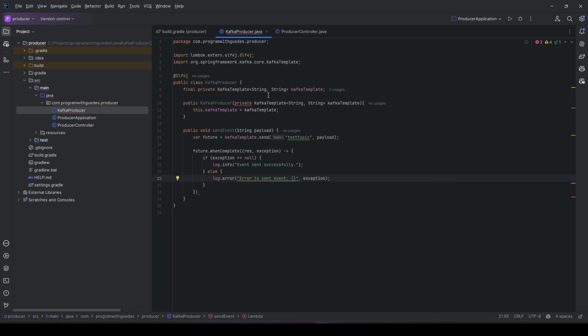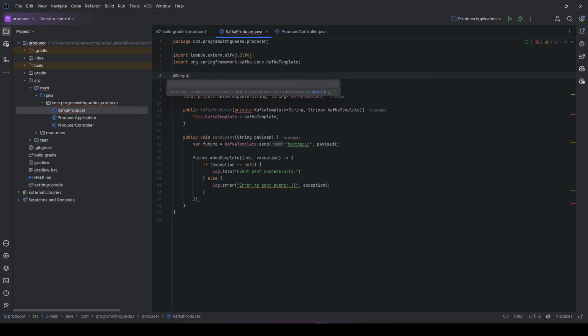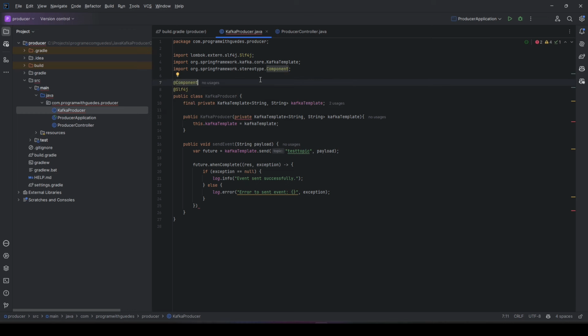We also set our KafkaProducer class with the Component annotation. Here in the constructor, I will delete this private keyword, okay? And here it's necessary to finish the instruction. Okay.